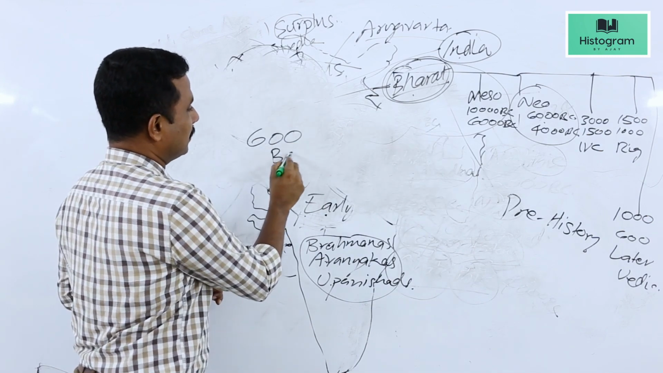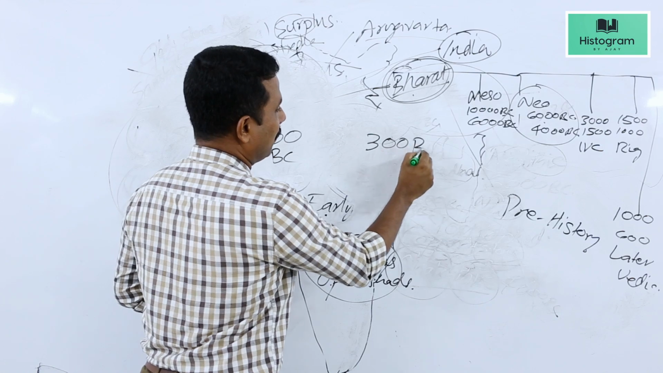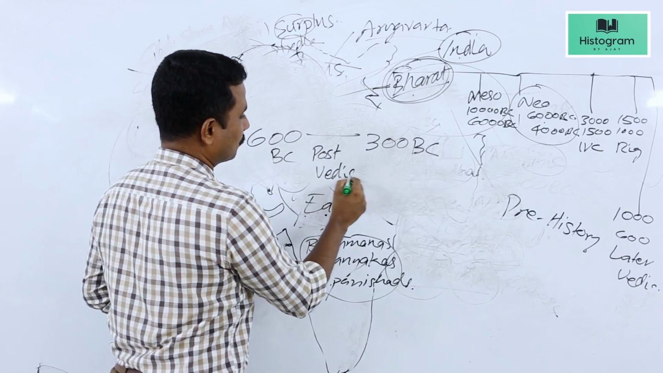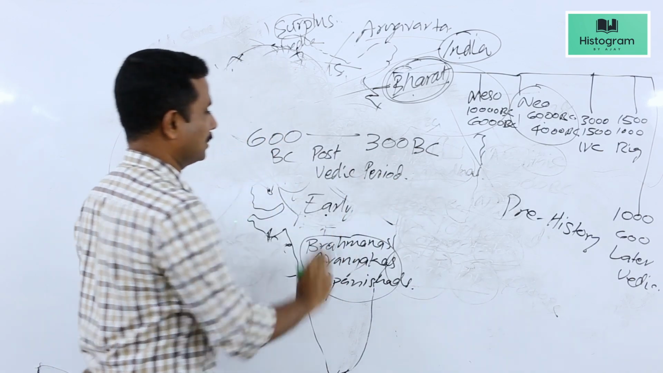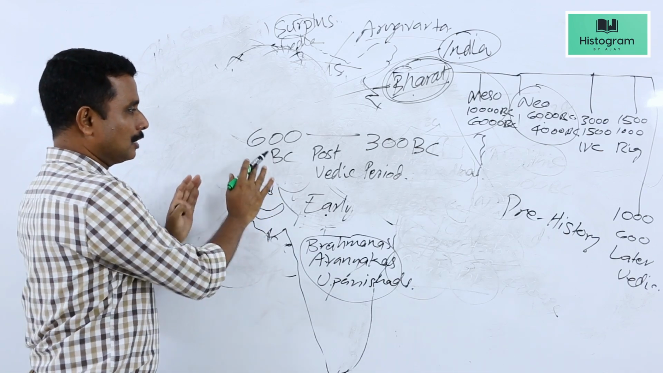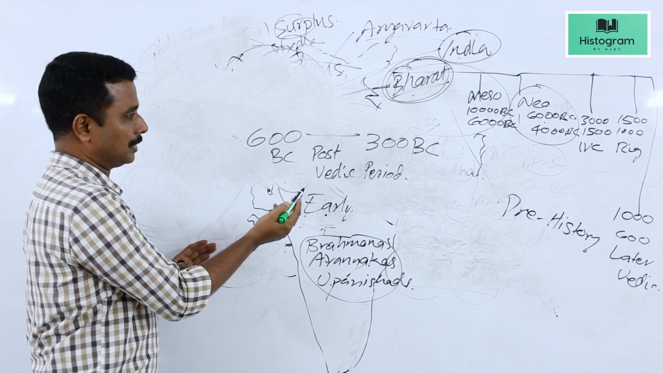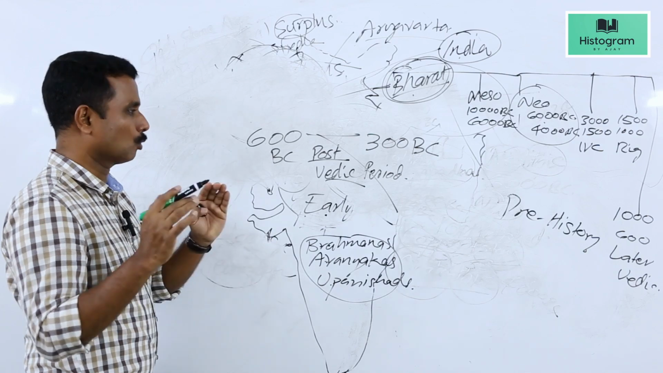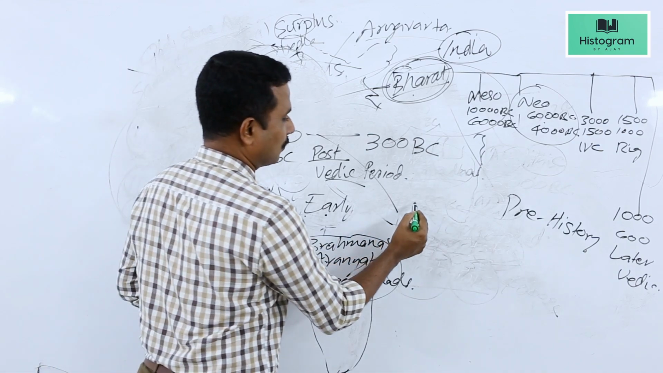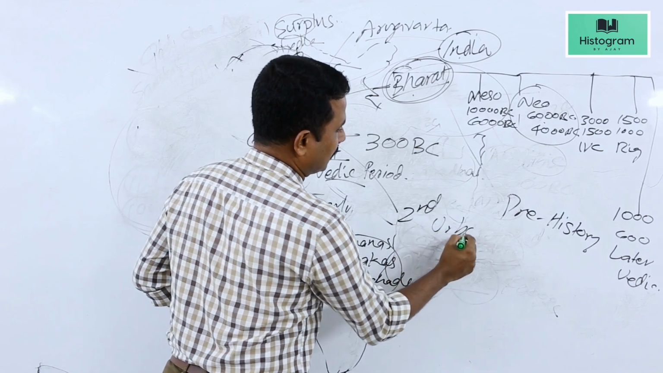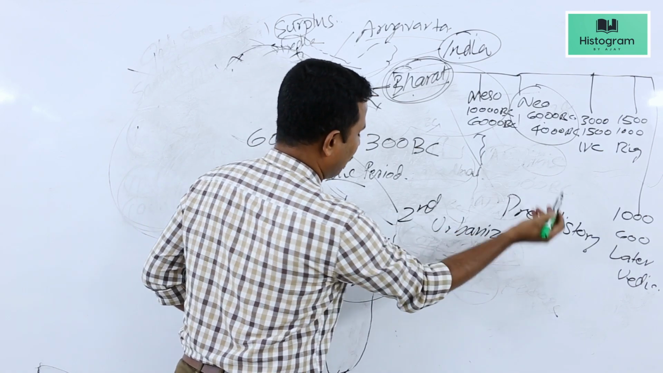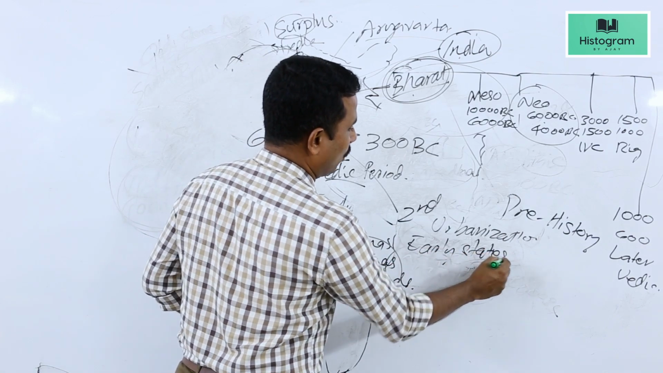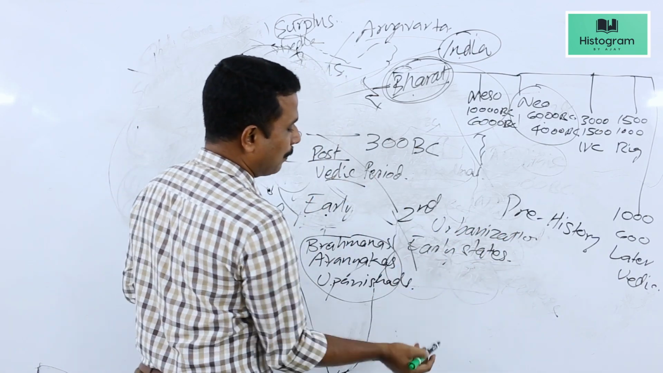From 600 BC to 300 BC, this period is known as the post-Vedic period. Vedic literature had been written, so the period after Vedic composition is known as the post-Vedic period. During this period, some very important developments took place in Indian history. As I told you, that is the second urbanization, and early states being formed in the form of Mahajanapadas,